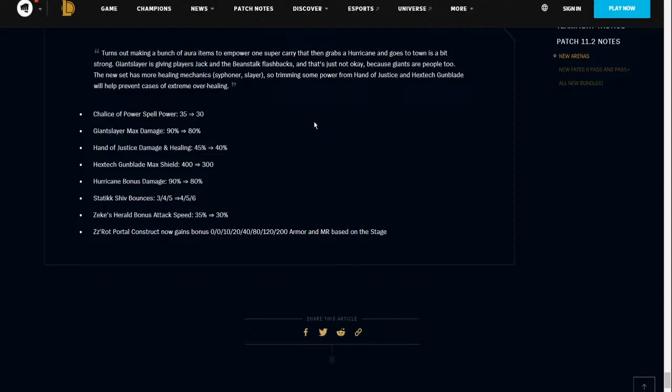Shiv gets bonus bounces or whatever. This is good to deal with Keepers. If you're up against a Keeper team and you have the items for Shiv, then go for it. Go crazy. But as far as the other stuff,